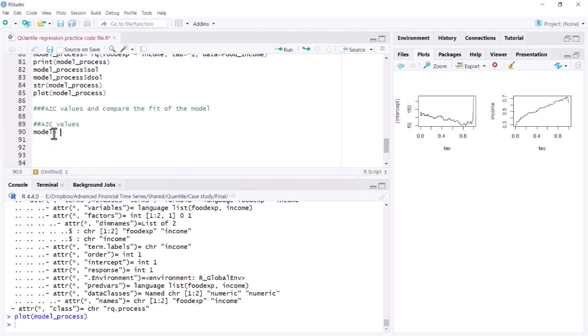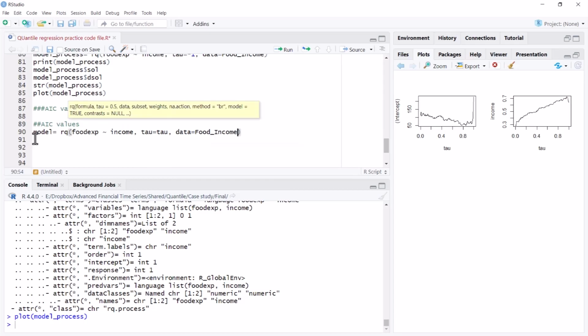Let's suppose I want it for all the quantiles: rq, with food expenditure again regressed on income, tau, using the same tau that we have already calculated, and data equal to food income.